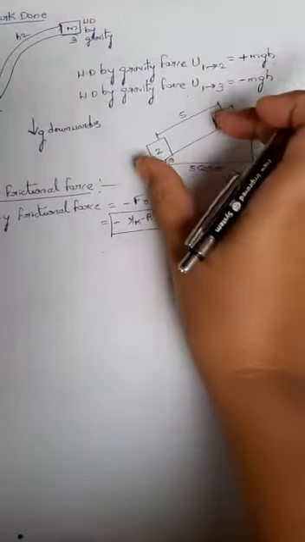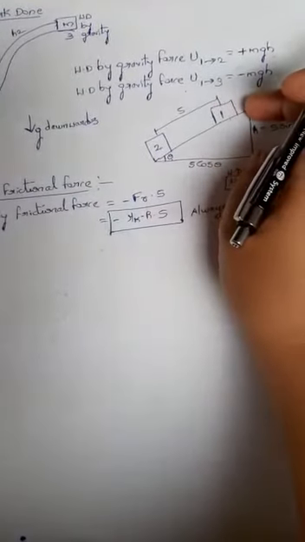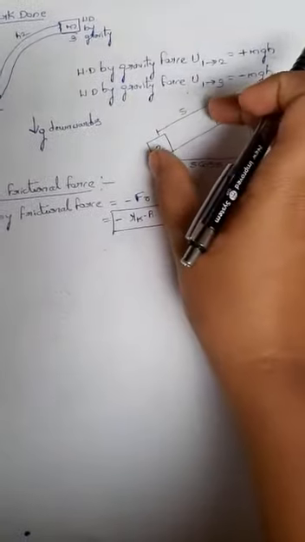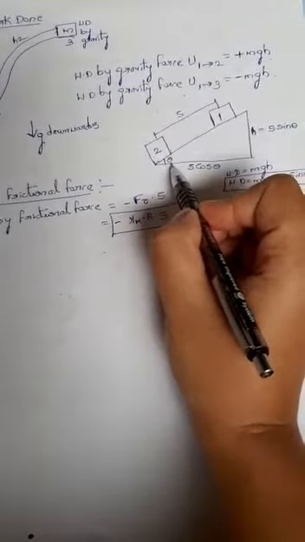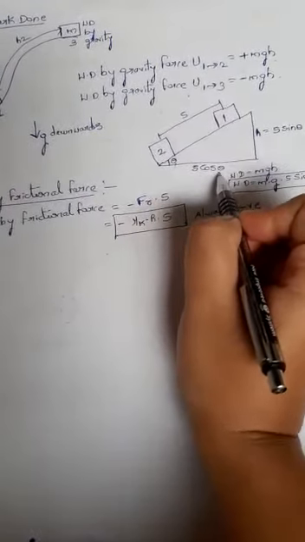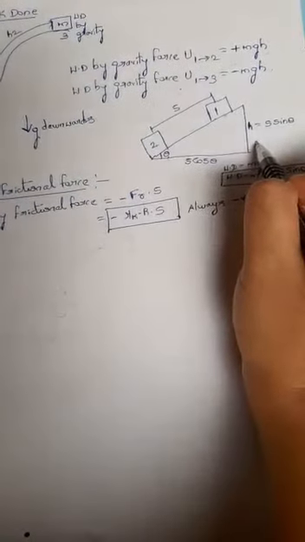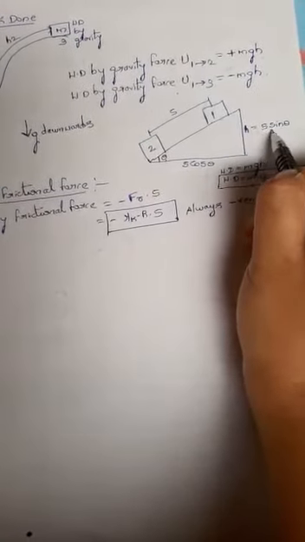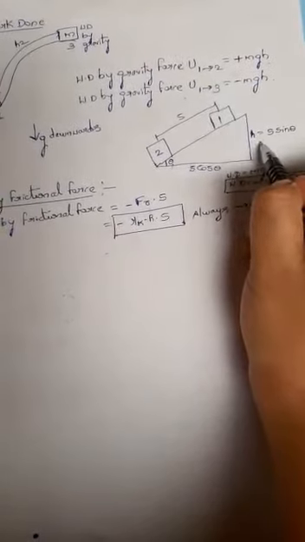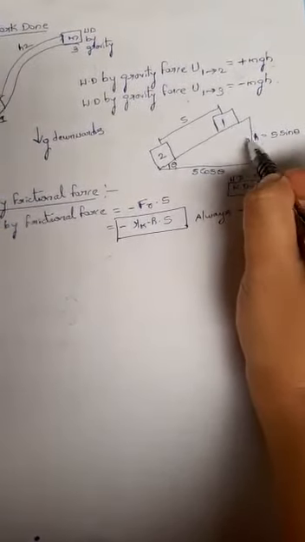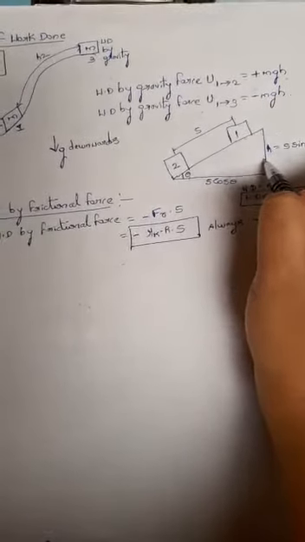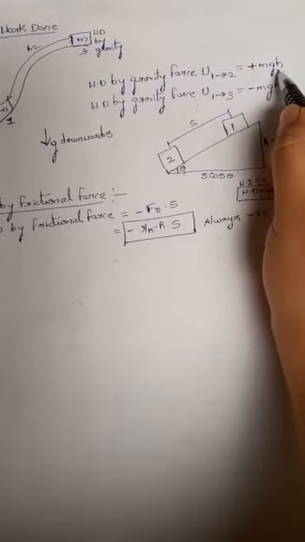H is nothing but the s component along the y direction. What will be the component of s along the x direction? If the angle is theta, it will be s cos theta. Similarly, what will be the vertical component? s sin theta. In this way you always have to calculate the height of the inclined plane, so that it can be used in this formula here.